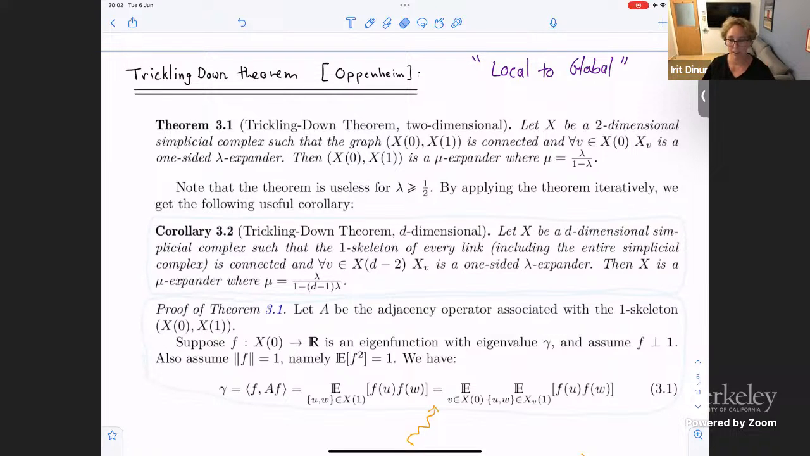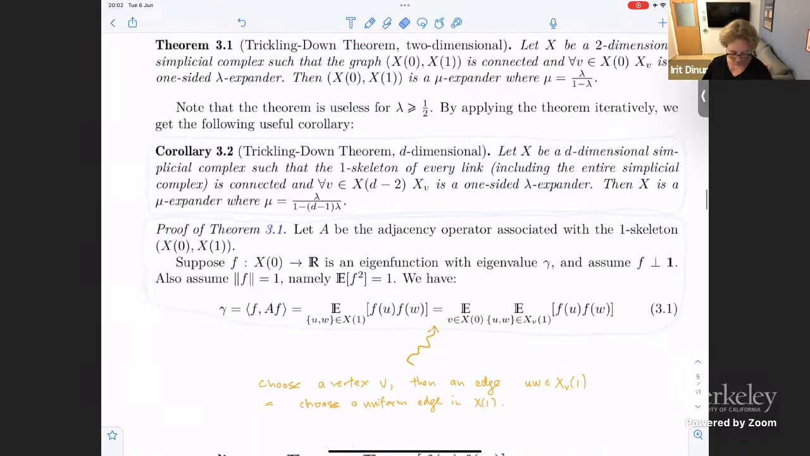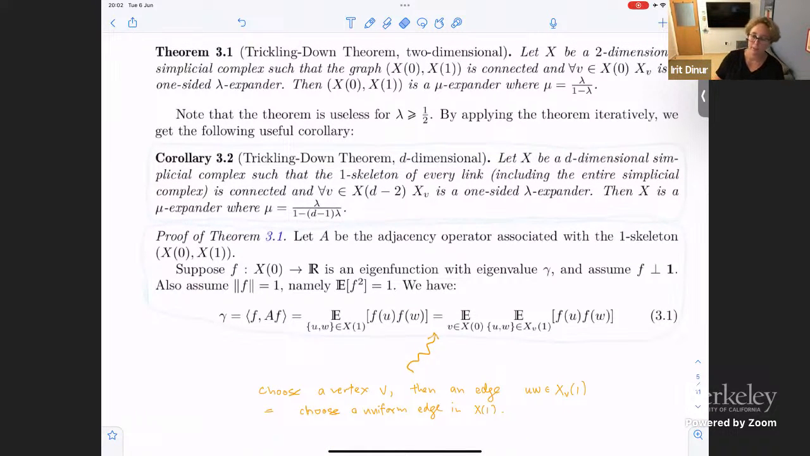Okay, so we have our eigenfunction f, and we start writing this quadratic form. Gamma equals the inner product of f with Af, which is just the expectation over all possible edges of f of u times f of w, for all edges in the graph. Now, this is a key step. The expectation over a random edge in this graph can be decomposed into a convex combination of small